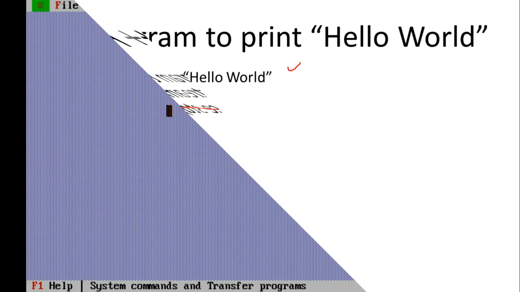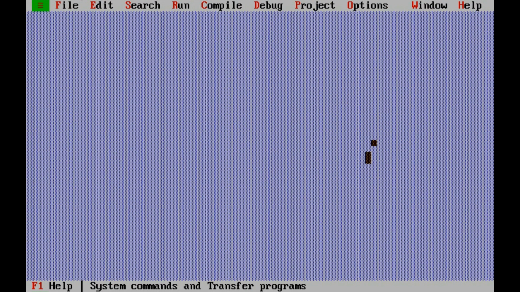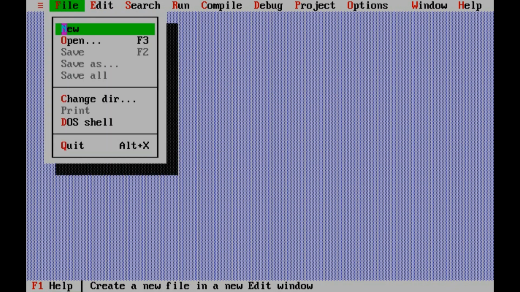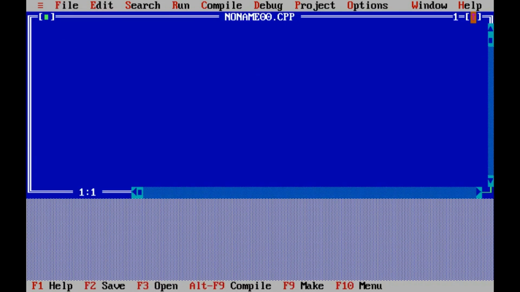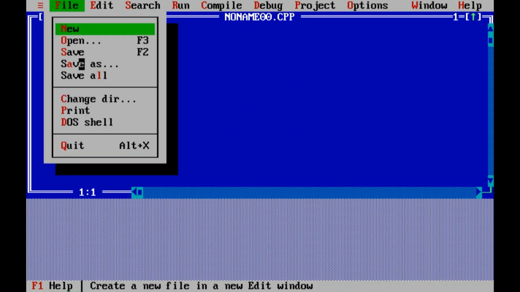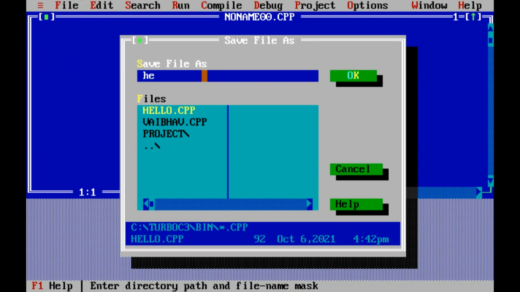The window will appear like this. So this is the editor for writing our program. I am writing the first program using C++, so it will appear like this. What you have to do next? File, new. A blank screen will appear, and here no name means we have not given a name. Now first of all we will save the file, save as, give any name. For example, I am saving the program with the name hello world, and the extension used for C++ programs is cpp. So see here, I have given hello world.cpp.